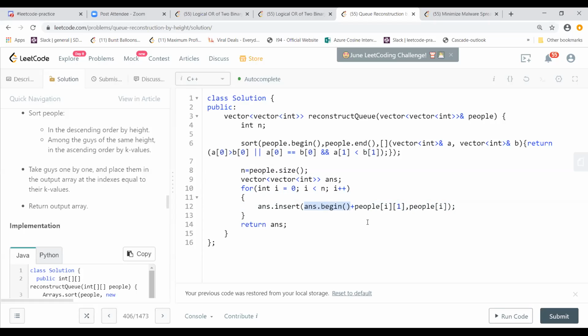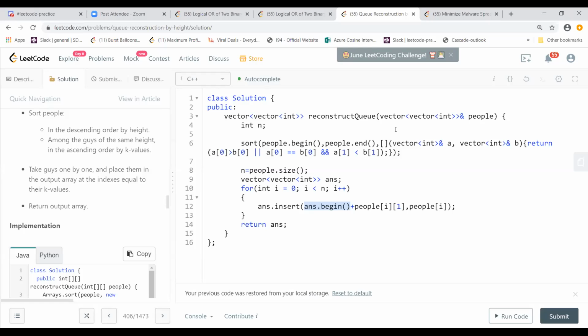What is the link of this question with the queue reconstruction? Why have they used queue? Because they are standing in a queue. You are making the queue. Yeah, got it. Maybe they just wanted to confuse you. They might have hit on something like a practical world solution somewhere, and they found it might be more interesting to confuse people and see how they can perform. But I thought the queue data structure is not used anywhere, so why are they saying queue reconstruction by height?